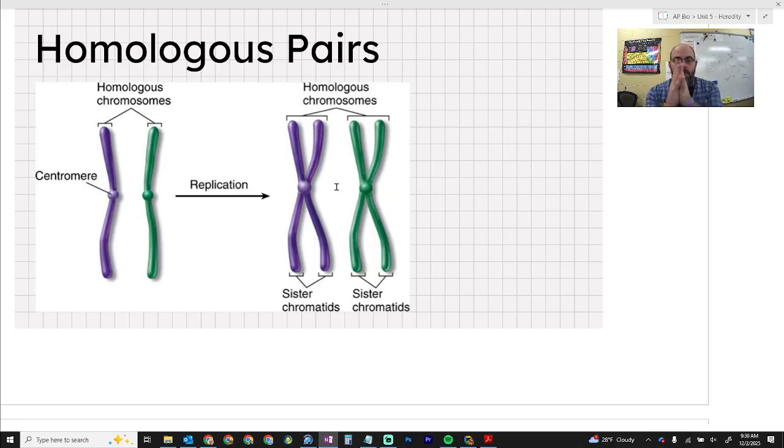And so this is sort of like when tetrads form, when homologous pairs line up during prophase 1, they do this. They literally lay against each other, and all the corresponding parts line up next to each other. Those corresponding parts